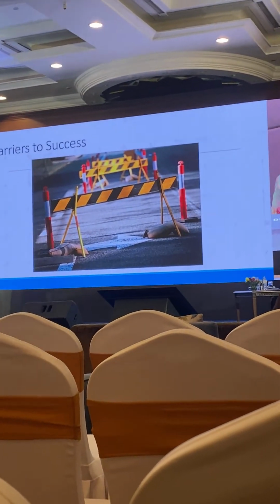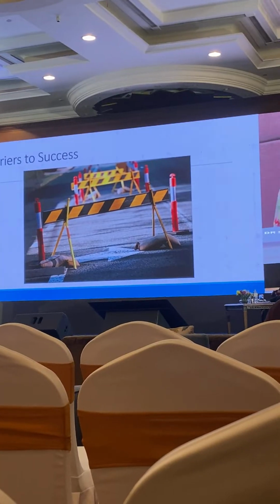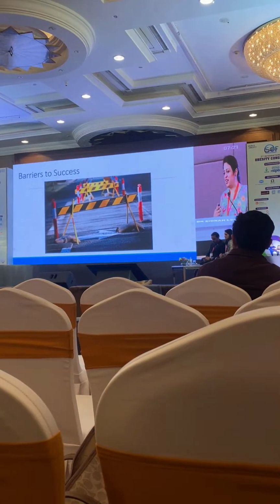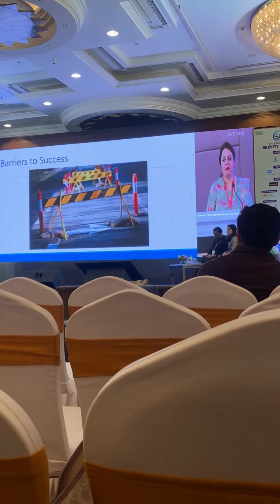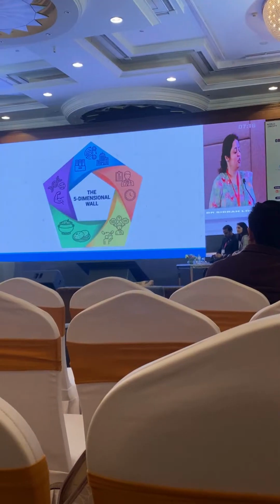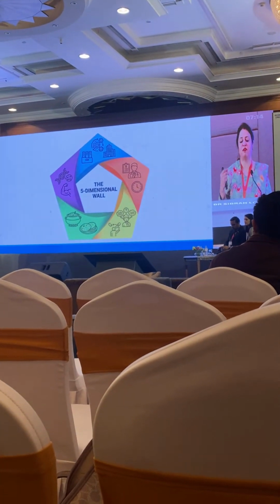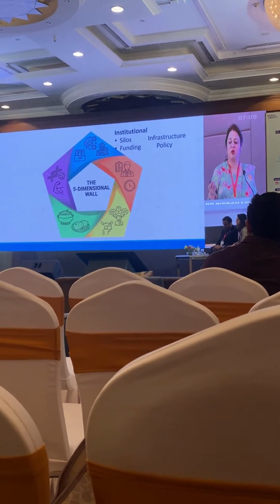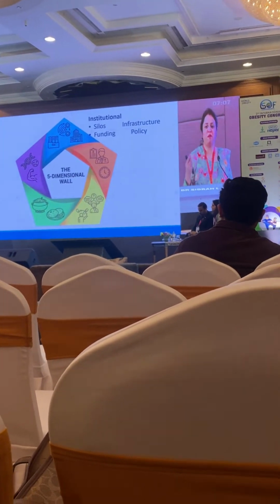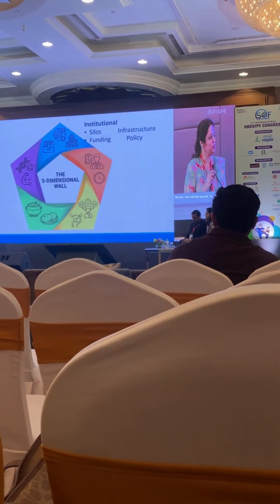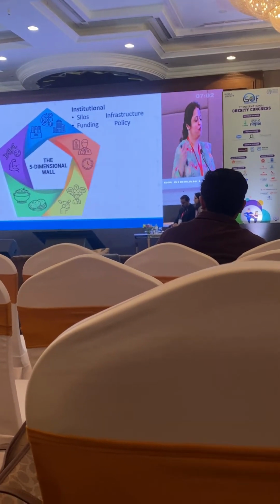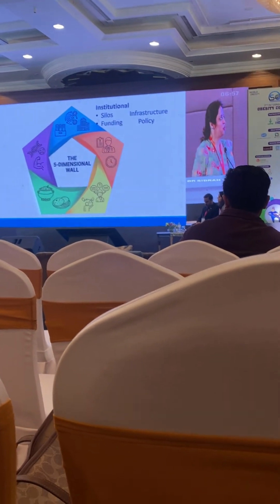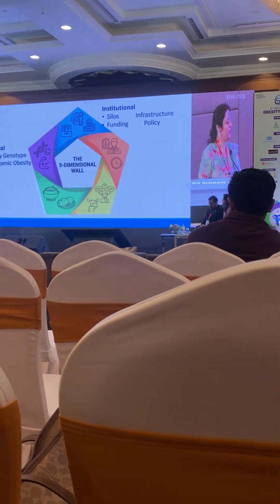Okay. And when we talk about barriers to success, many people would label it as a problem of willpower. But I see it as a multidimensional problem. So these are the 5 pillars, the 5 barriers, the main barriers that I have identified. And I'm sure all of you must be facing them. We talk about the institutional problems, the funding problems. We are isolated, we do not have help. The policies are not there, the infrastructure is not there, frustrations that we face every day.